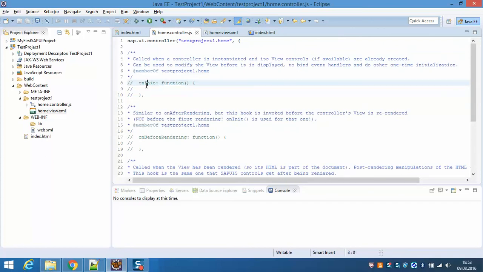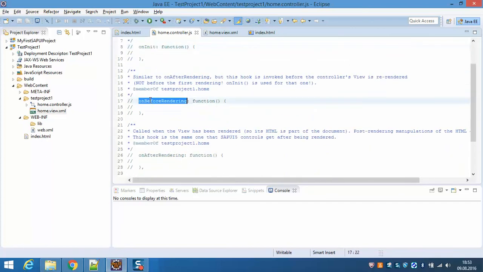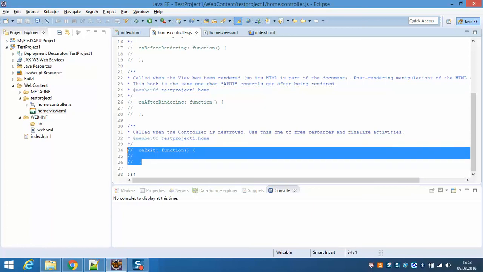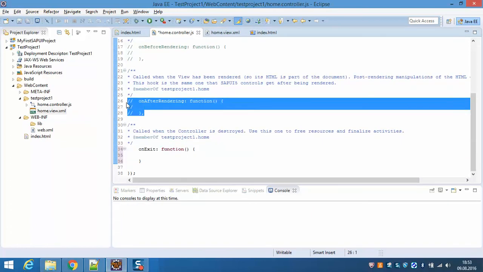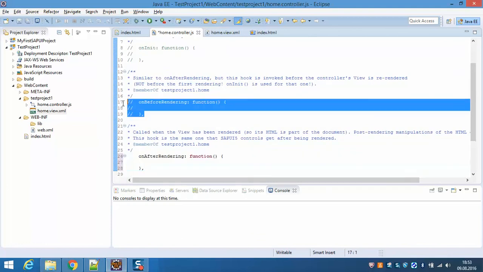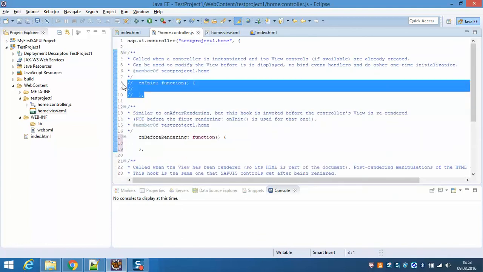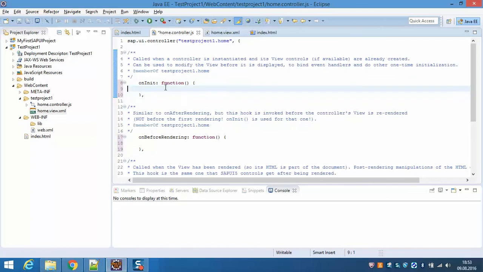So what are those methods? On init, on before rendering, on after rendering, and on exit. So what I can do is, let me quickly uncomment all this, and let's have a look at what these methods are. These methods are called the lifecycle methods of SAP UI5 view. So what I will do is, let's put console.log